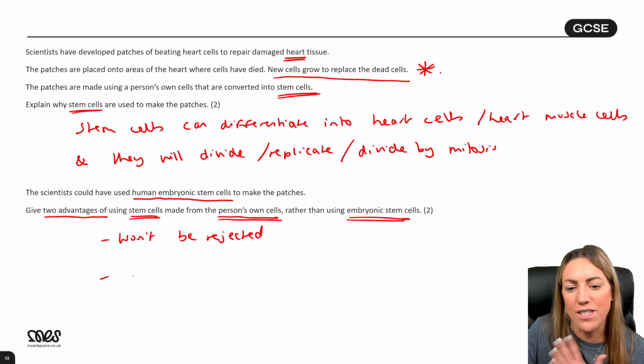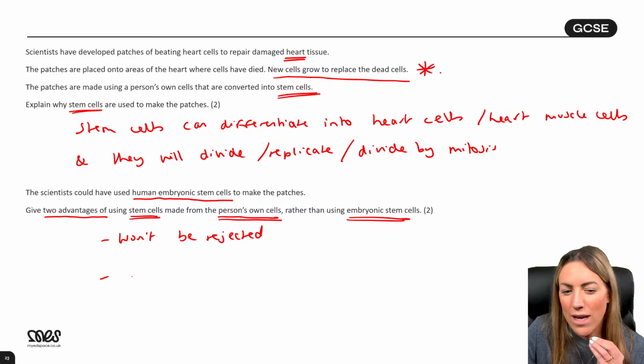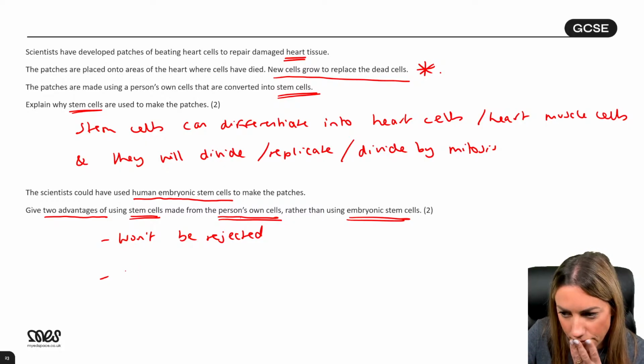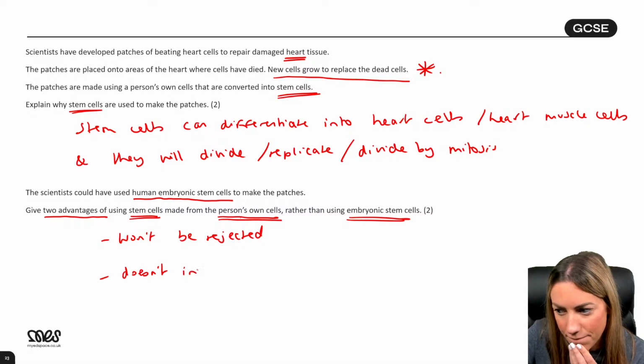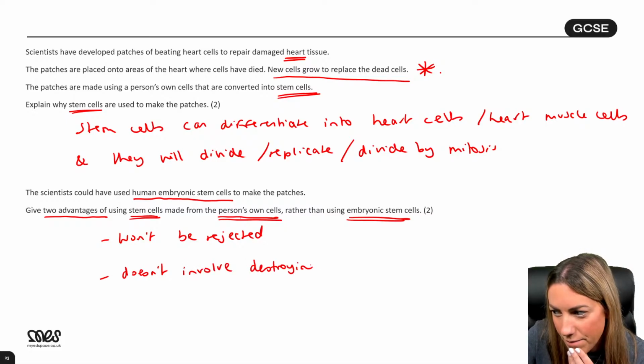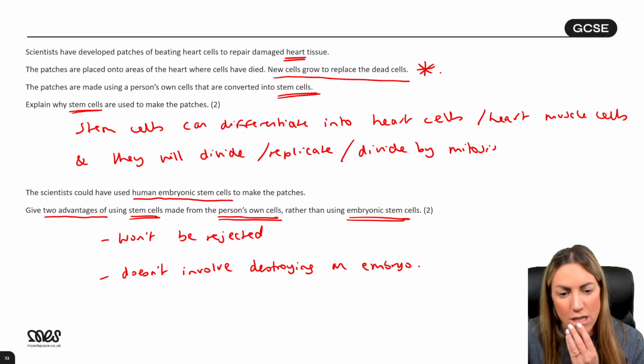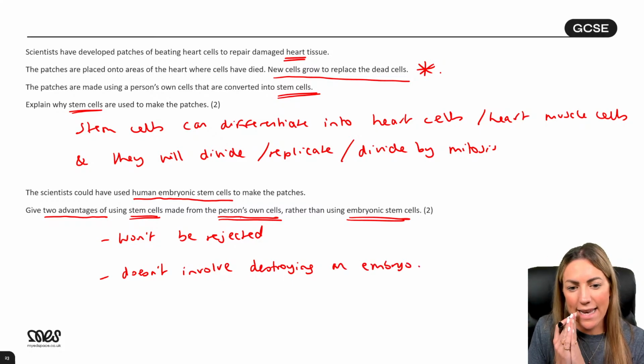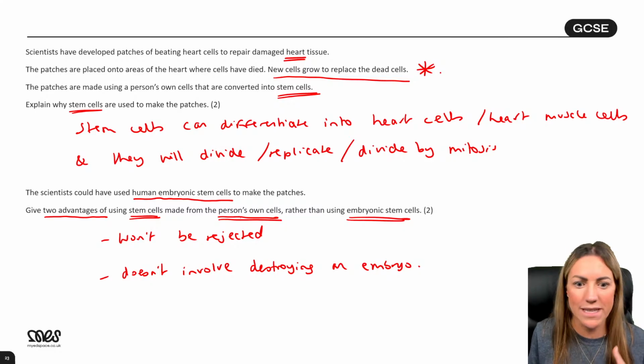Unethical, we can't just say that, by the way. Guys, we can't just say embryonic stem cells are unethical. What else could we say? How could we explain that? What about something like this? Okay, so remember that, please. If ever you feel like writing it's unethical, or this is more ethical, can you explain it, please?